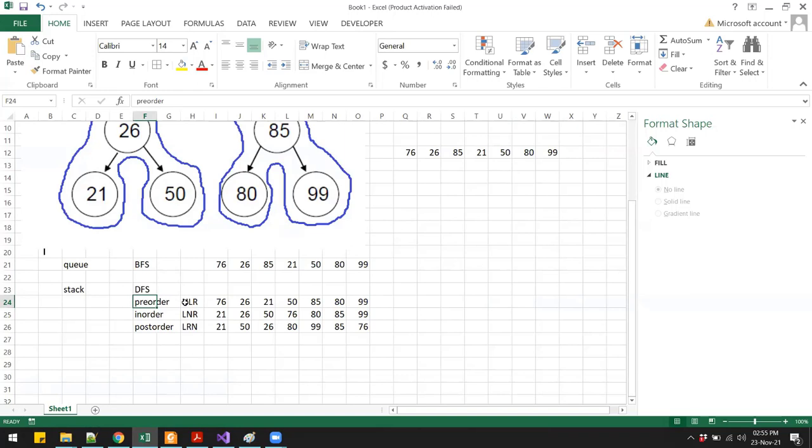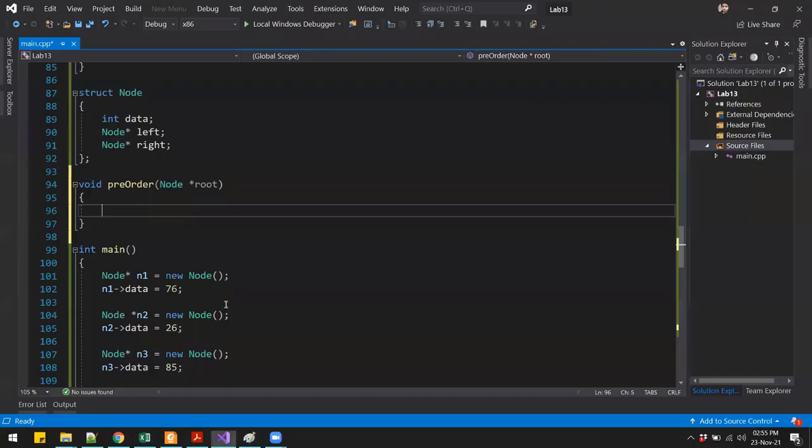Now if you look at our definition of the pre-order traversal, we first have node, right? What we were doing is printing the value of node and then going to our left child, then the right child. So we'll be doing the same thing over here. We will say cout root arrow data.